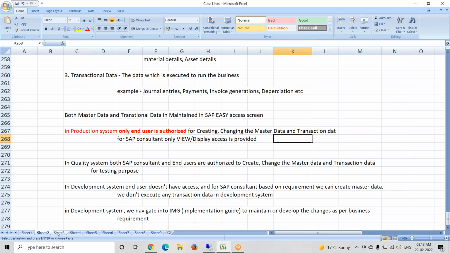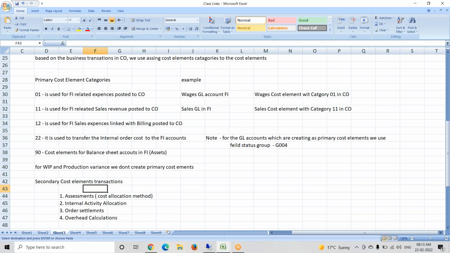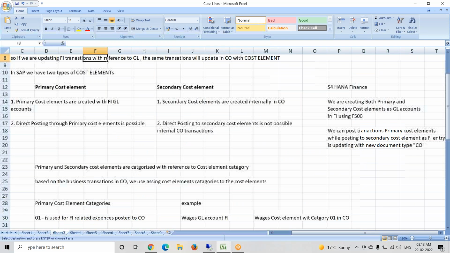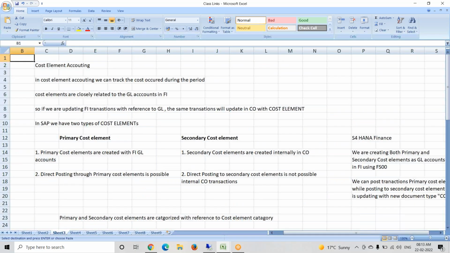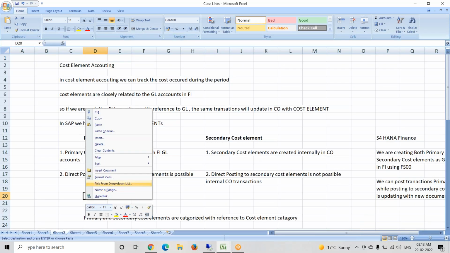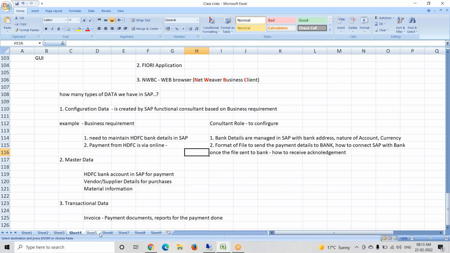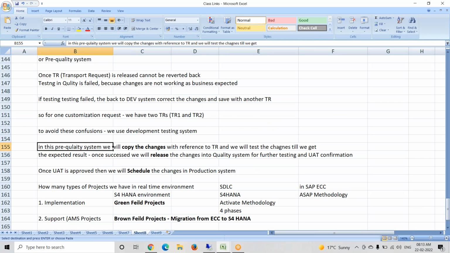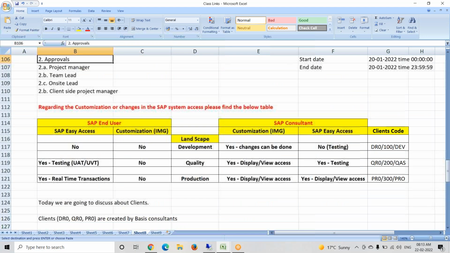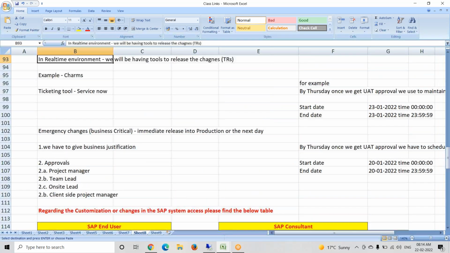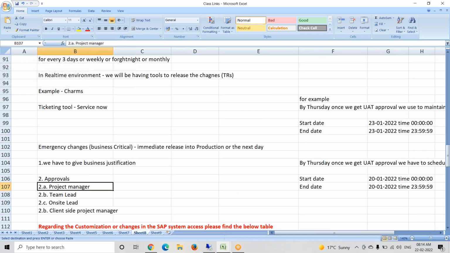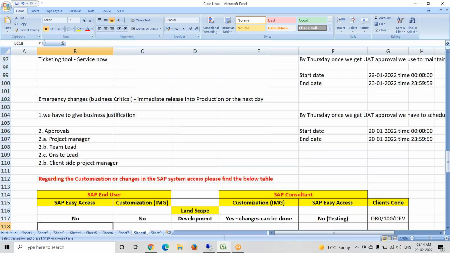We'll try to understand one more new topic: who will create these clients? Like a client, we discussed development, quality, production, and all, right? So now we'll see who will create all these clients. Basically, these clients are created by basis consultants. By default, whenever SAP is implemented in an organization,